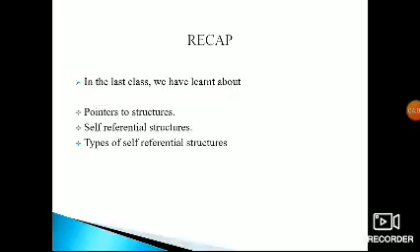Pointers are supported for relational and conditional operators between two pointers. What are the relational operators? That is in pointer comparisons, the same topic we used there. Relational operators are less than, greater than, less than or equal to, greater than or equal to, and not equal to. And what are the conditional operators? The question mark and the colon are the conditional operators.